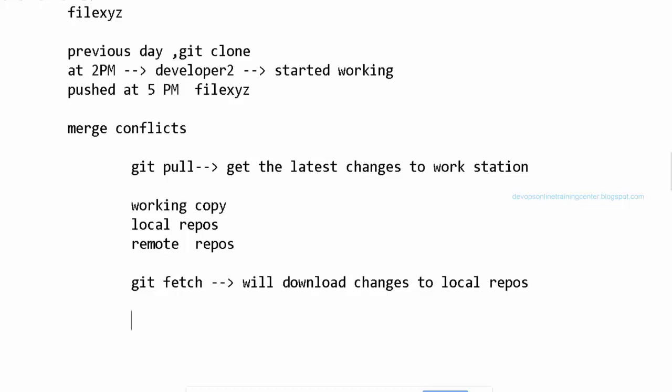Then we can do git merge and review the changes. Let us say I review the changes, and if they are perfectly fine, only then I'll merge, with my working copy, I mean the local copy I am working on.